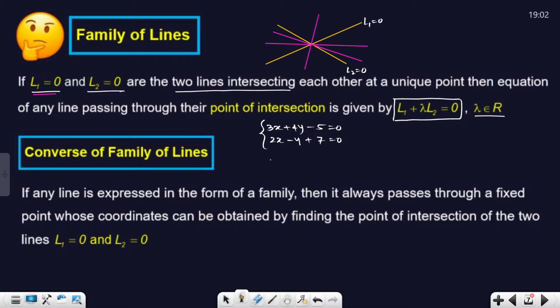Again, I'm telling you, these are all a family of lines because there are infinite lines passing through this point of intersection. So this equation actually represents all those family of lines. For different values of lambda, we are going to have different equations of lines. So the family of lines which are passing through the point of intersection of these two lines is given by